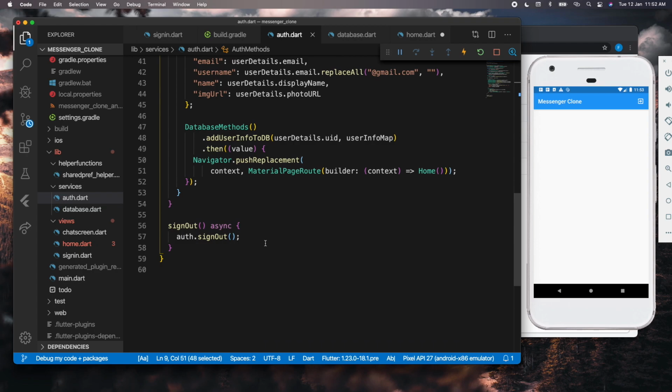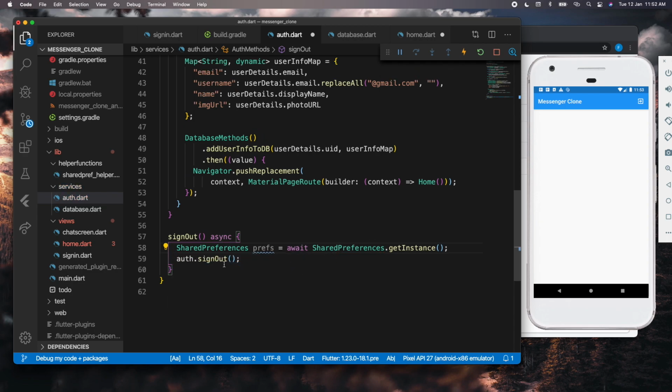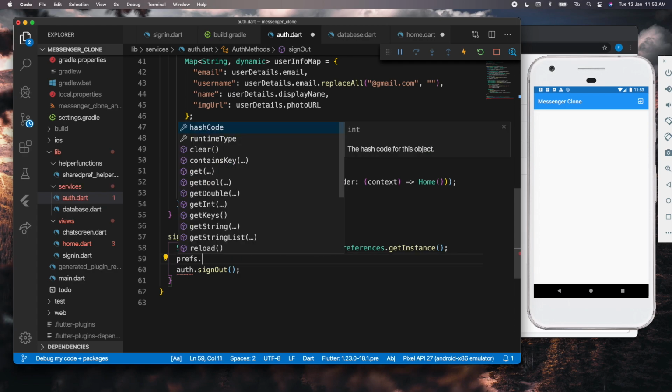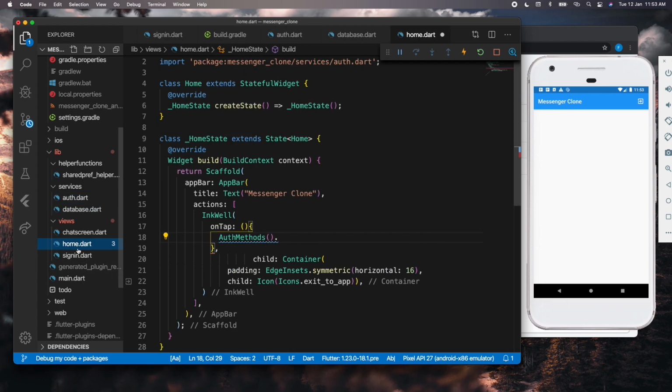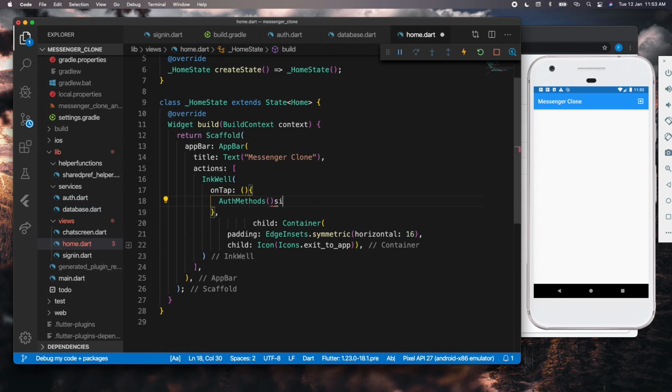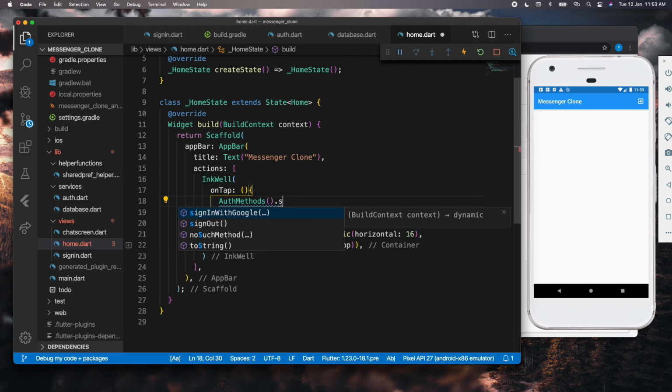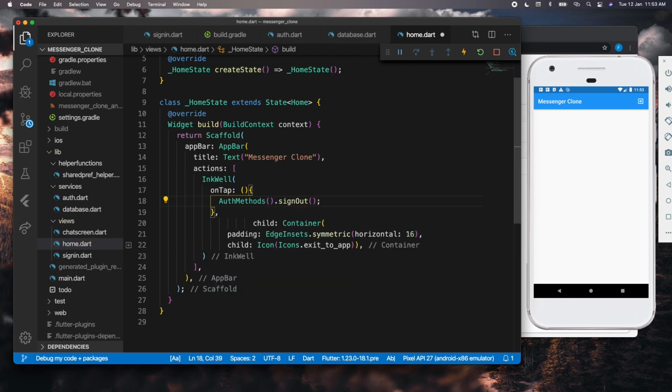But when we are signing the user out, we also want to make sure we remove all the information from the shared preferences. Now, to use the shared preferences, we have this one line, kind of patterned, that you have to use. We defined a variable for that, and then we will say prefs dot clear. This will clear all the information saved in the shared preferences by our application. So I can now save that. We have an error in the home, so what is that? Okay, now we can use the sign out function dot signOut. Now if I save that,